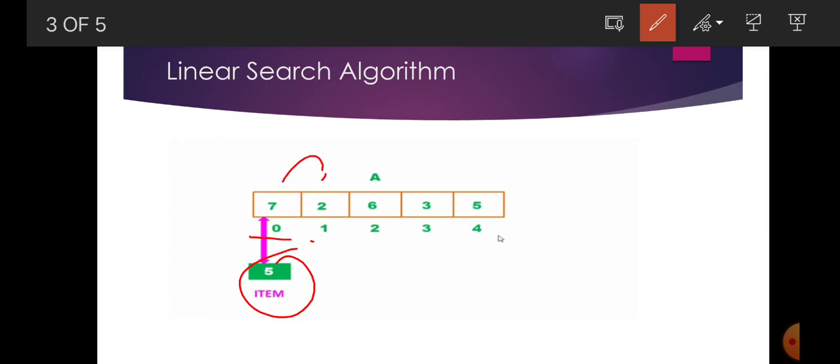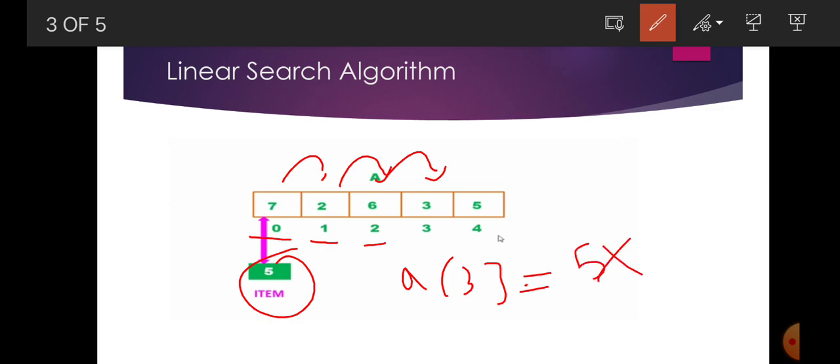Does array of 1 store 5? No, so we move on to the next index. Does array of 2 hold 5? No, so it is unsuccessful, and we go to the next index. Does array of 3 hold 5? No, it holds the element 3, so we move on to the next.